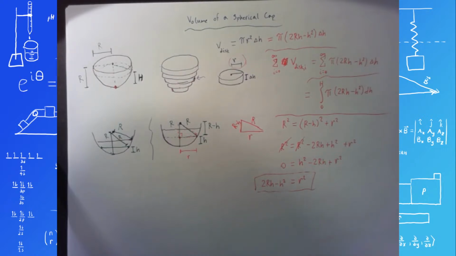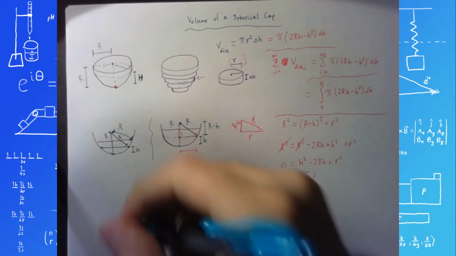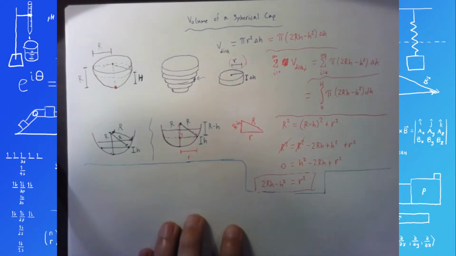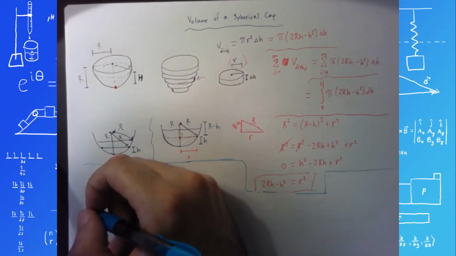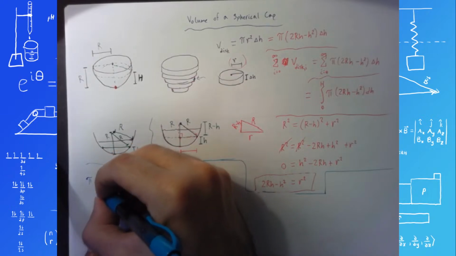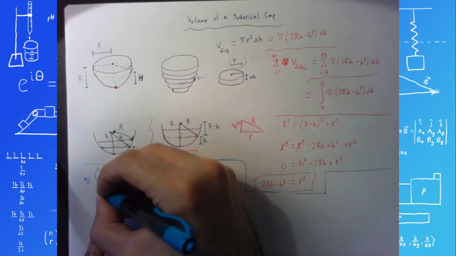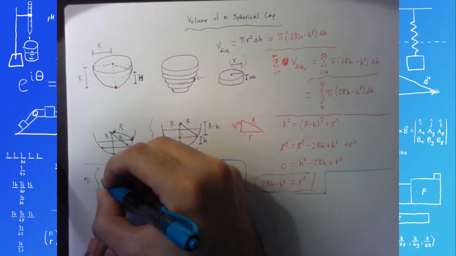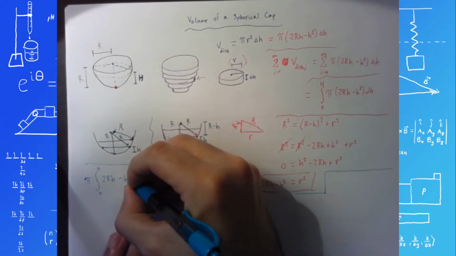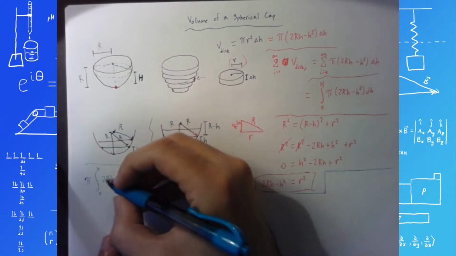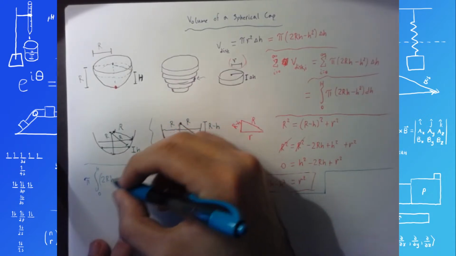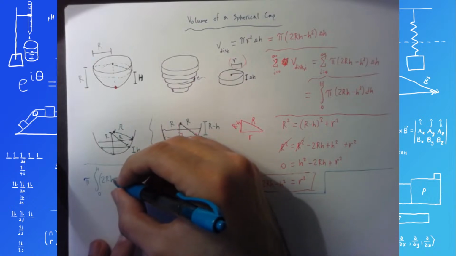Okay, let's see if we can work that out in the space down here. I get the feeling we're probably going to have to continue this on another page, but let's see what happens. So pi times the integral from 0 to big H of 2R little h minus little h squared dh. Okay, integral of 2Rh dh. Well, the 2 and the R are constants. h